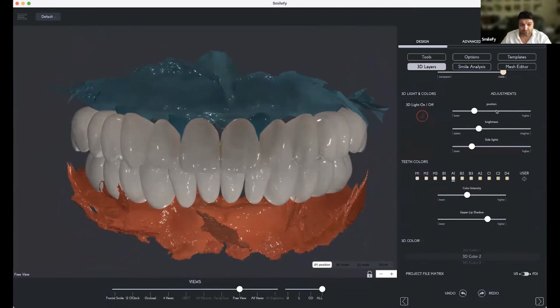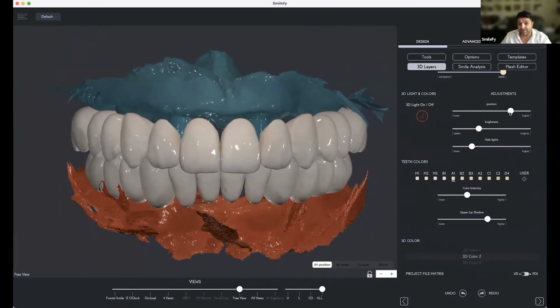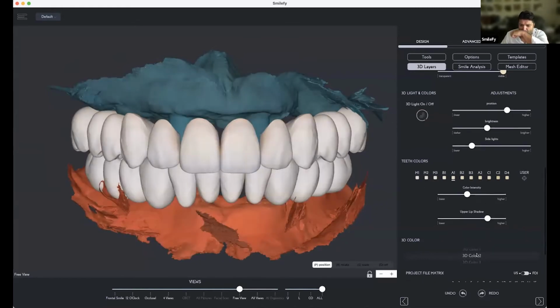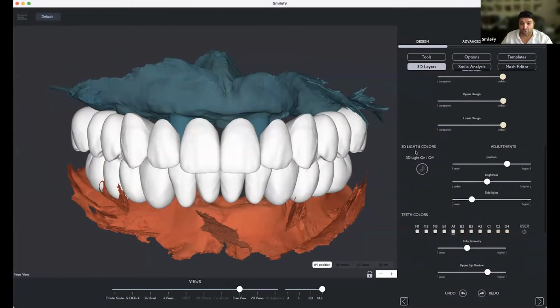We can change the position of the light, and it looks very, very nice in the mouth of the patient, because then it looks like teeth, right? When you want to see first how everything looks in the mouth of the patient, you have this option of rendering and seeing the smile in a real light.